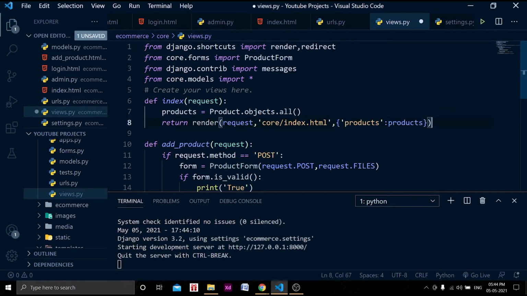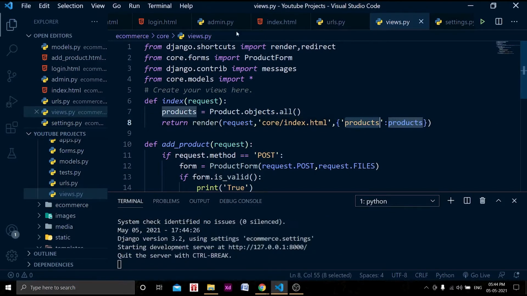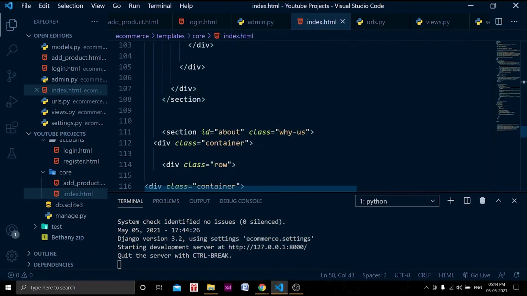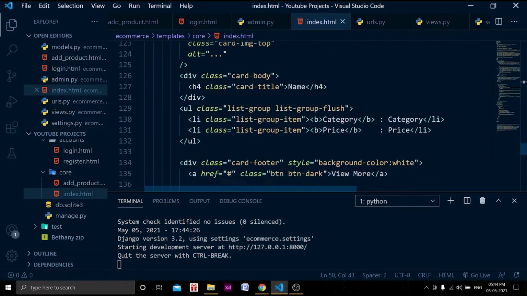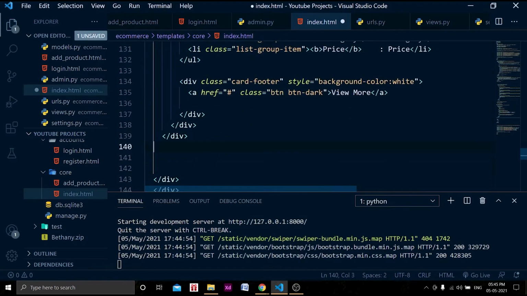We have rendered all these things, but we need to change or add some code in the index.html page also. So this was the code that we have written. Div class container. We need to loop through all these things.